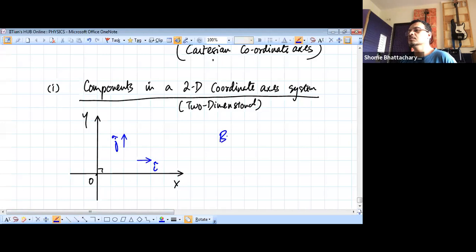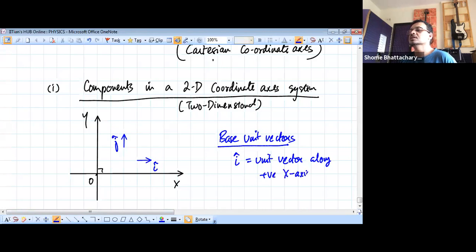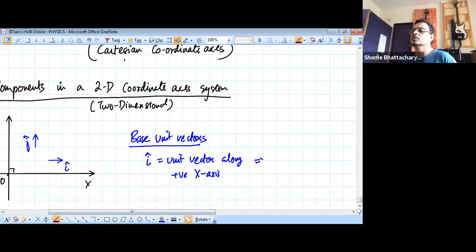So we define base unit vectors. i cap, which is a unit vector along the positive x-axis. It's not just the x-axis, it's pointing along the positive x-axis. So unit vector basically means that its magnitude is equal to a single unit, okay, and the direction is along the positive x-axis. And similarly, we define j cap